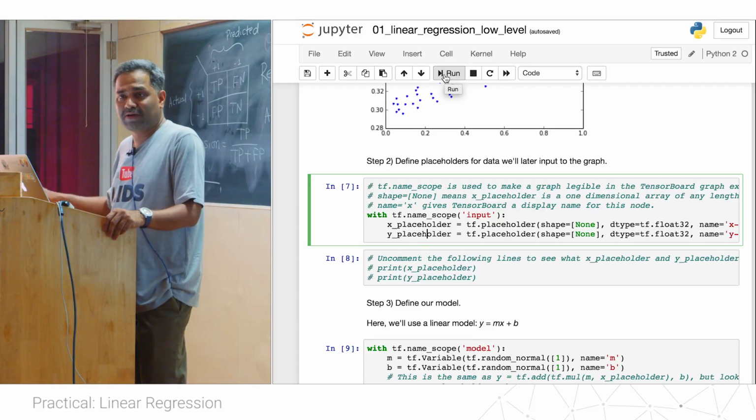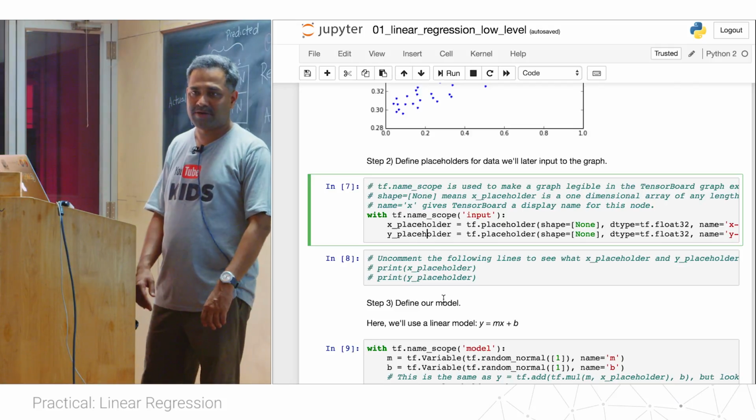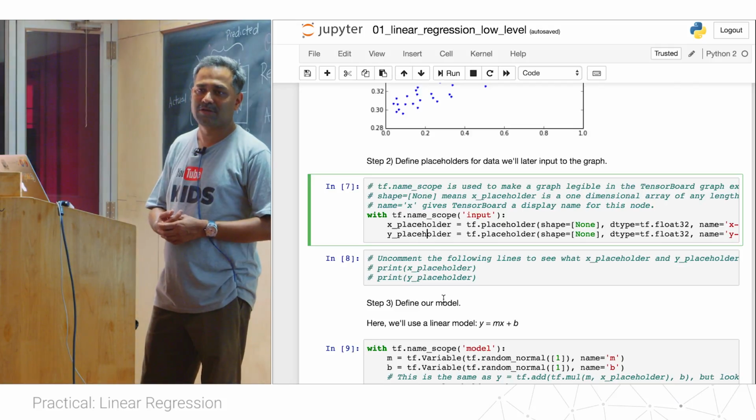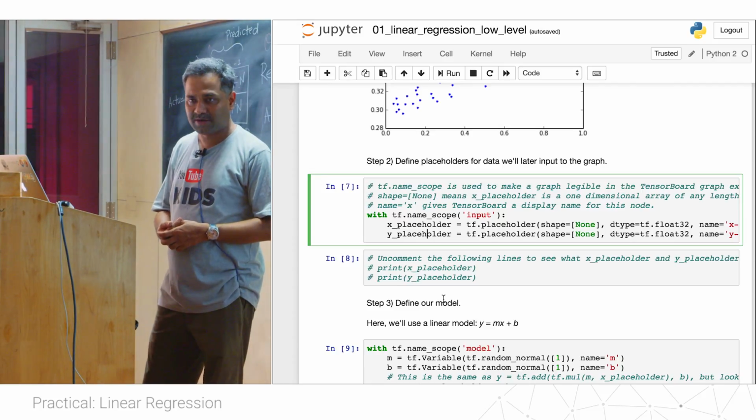And it becomes better because if you are writing, let's say, a very large model, there is a possibility that you will use the same variable name somewhere else. And then there is a possibility of getting your data corrupted, right? So that's why the scoping is really, really useful. Scoping is a good practice that you should follow whenever you're writing a TensorFlow program.